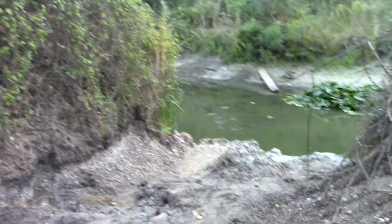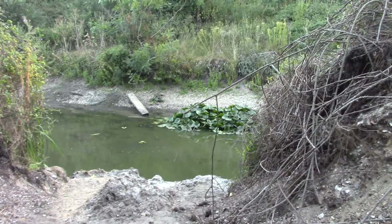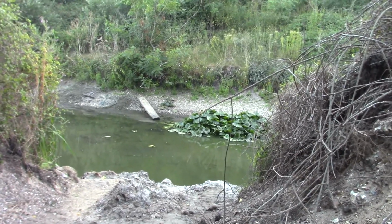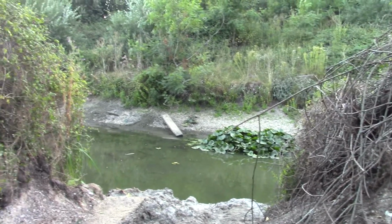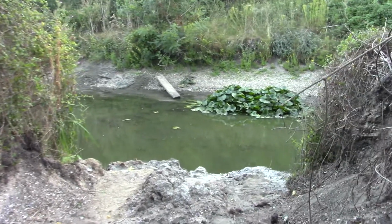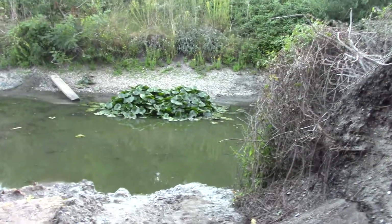Nope, there we go. Now this is where I did throw in some pellets earlier. So what I'll do is I'll be sneaky, because I just caught, I don't know if I caught it on camera, but I caught it in my eyes. I did see a small carp coming up and taking something off the surface. Now whether it's one of the pellets that I've thrown in,